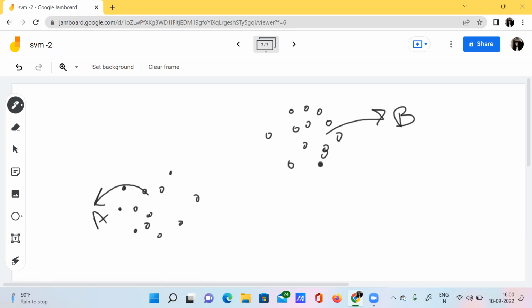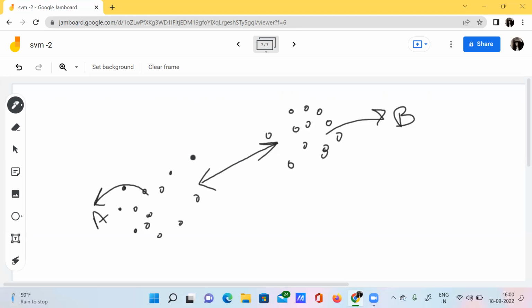If I want to separate them, how do you do that? See here, it has a lot of gap, and this particular gap is the natural classifier itself. Here we didn't create a manual hyperplane, but this particular gap is acting as a natural hyperplane.